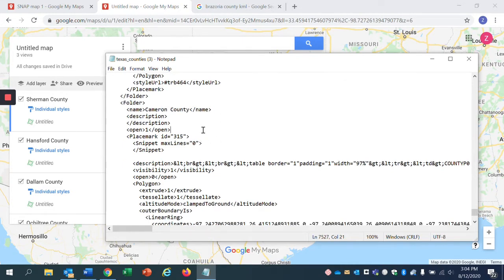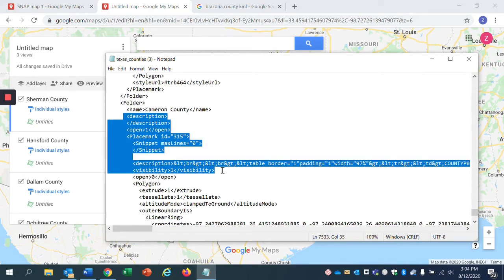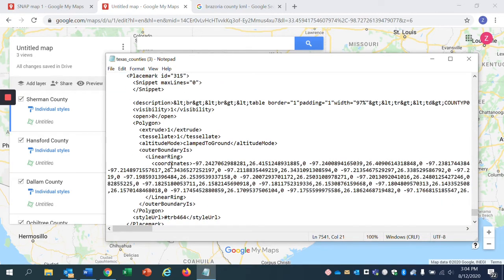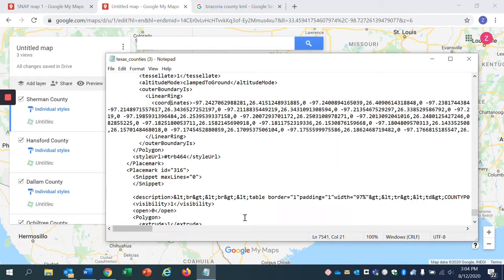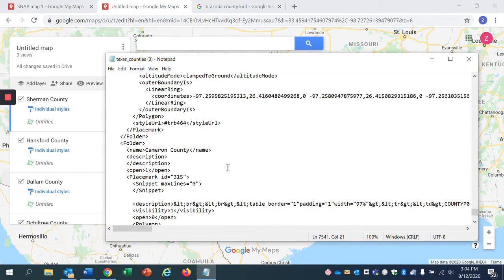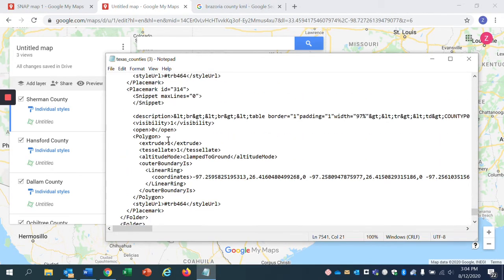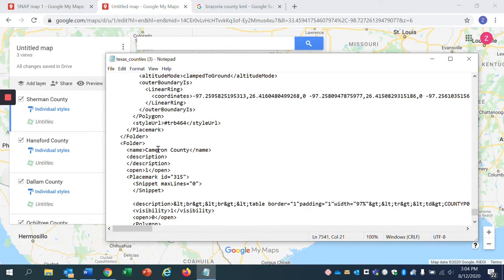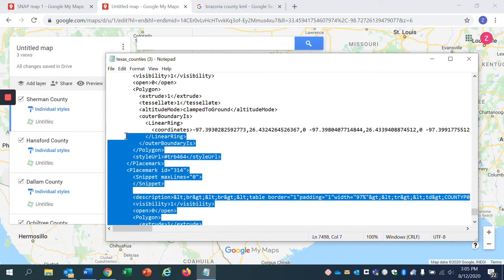And so experience tells me that some of this information below Cameron County is likely only specific to Cameron County, and some is probably necessary for the entire code to function. But I don't know which is which, so I am just going to keep the entire segment of that code and delete everything from just before Cameron County all the way to